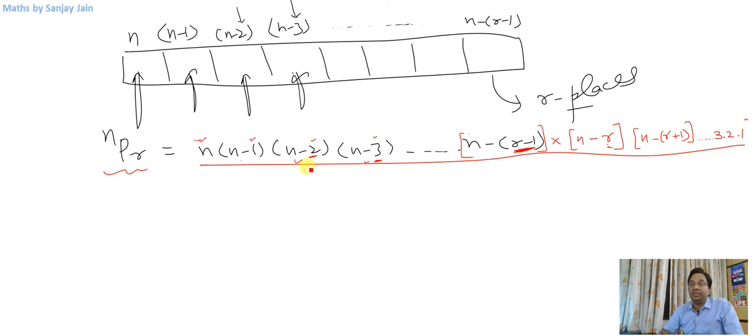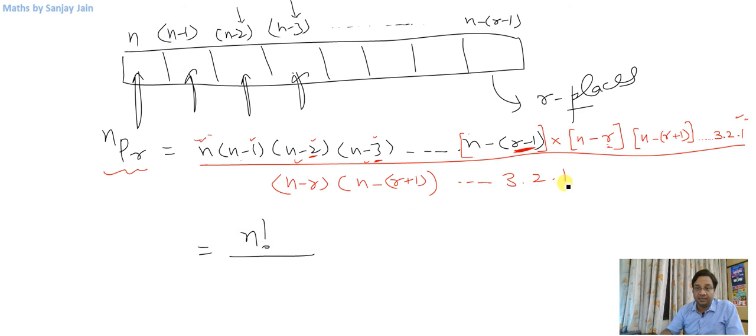So if you notice, the numerator has become of some comprehensible form, which is n factorial, right? n into n minus 1, so we are going up to 1 here. So the numerator is n factorial here, and I have to multiply the denominator with the same thing, that is n minus r into n minus r plus 1 into 3 into 2 into 1 till the end. So if you see, the numerator has become n factorial, and the denominator is, I am going from 1, 2, 3 up to n minus r. So the denominator is n minus r factorial. This will be the formula that we will memorize.